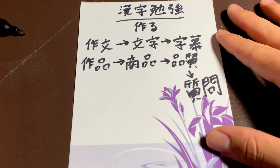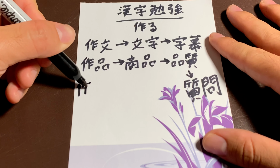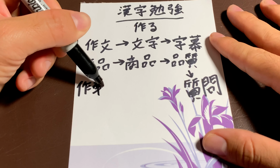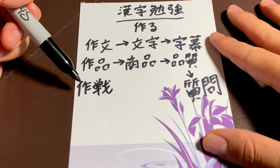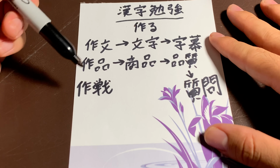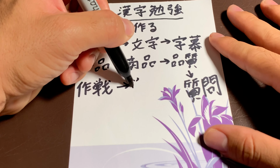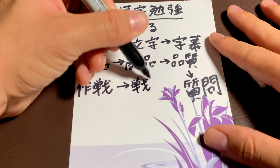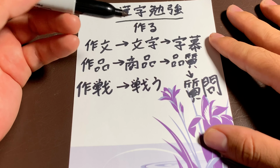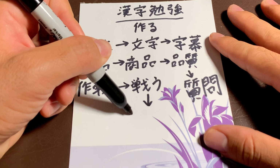Okay, I got one more example of going down the rabbit hole. Again, we're gonna start with this character, tsukuru, and we have this character, sakusen. Sakusen is strategy. And from here, we can learn what this character is by itself. So this is tatakau, or to fight. And moving on to the next word we can learn that uses this character,